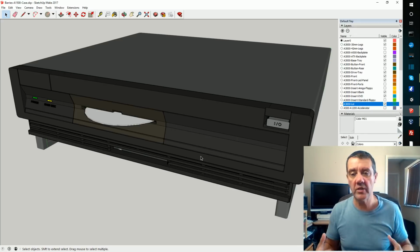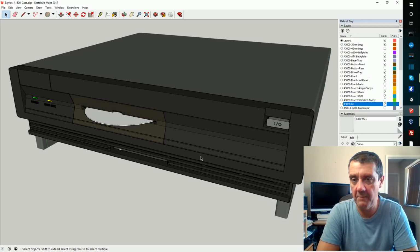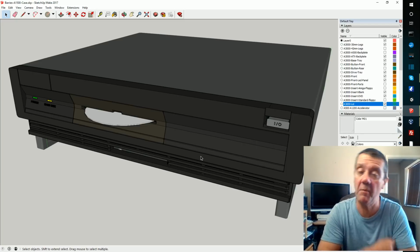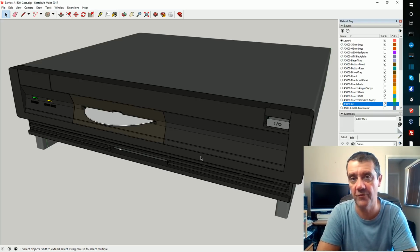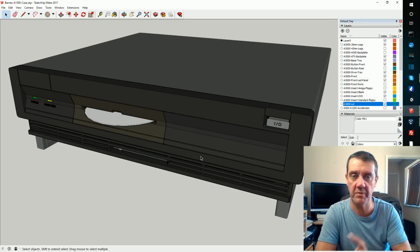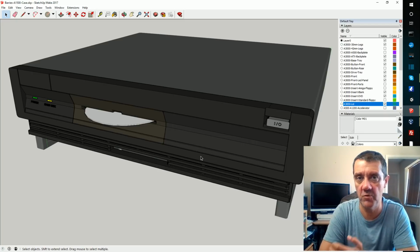But of course, when you come into the real manufacturing world, it's completely different. And I've kind of struggled a little bit to get to grips with it. But basically, I've been doing mesh-based design. And for the real world, it has to be solid modelling. And it's a subtle difference, but it's an important difference. So, SketchUp has actually helped me get this far, but of course I've had to move over to a different